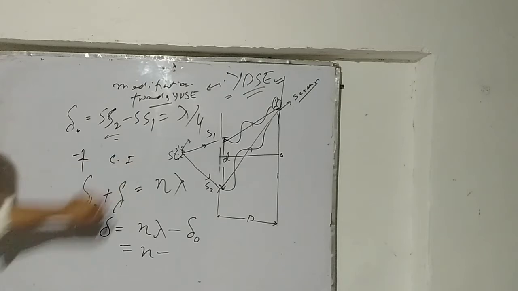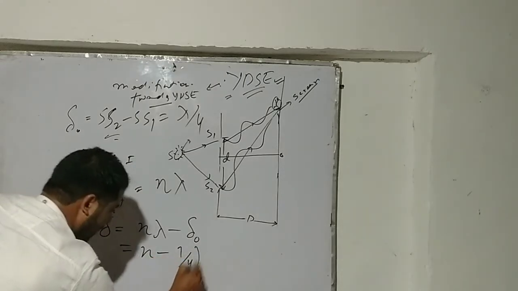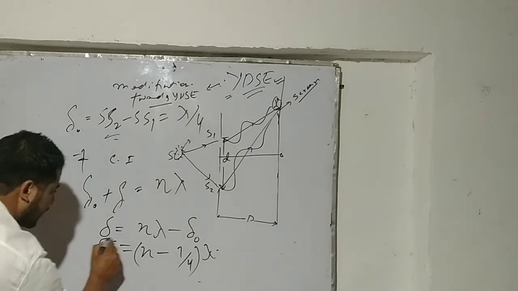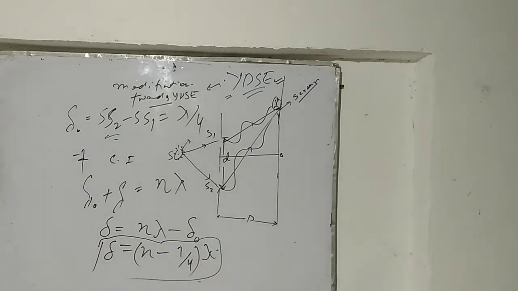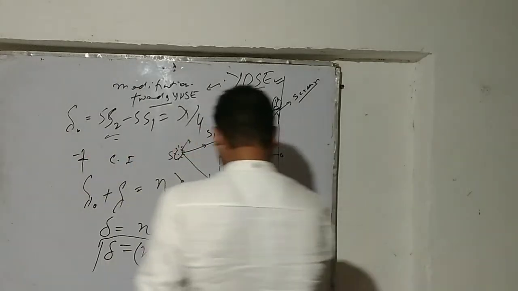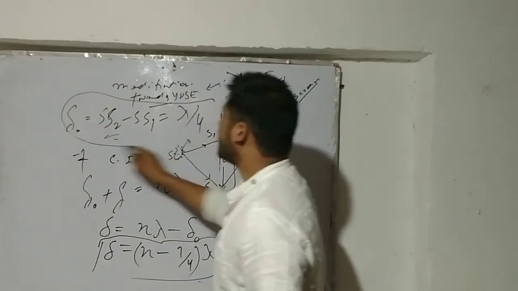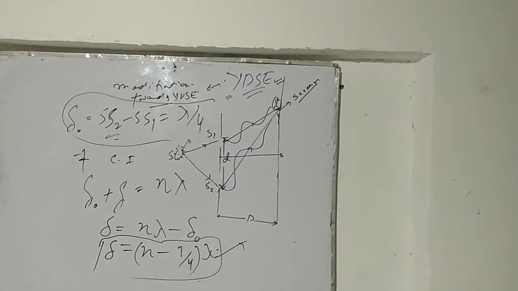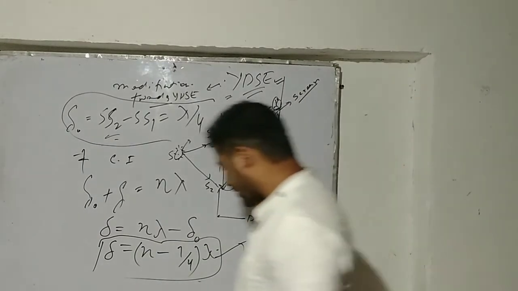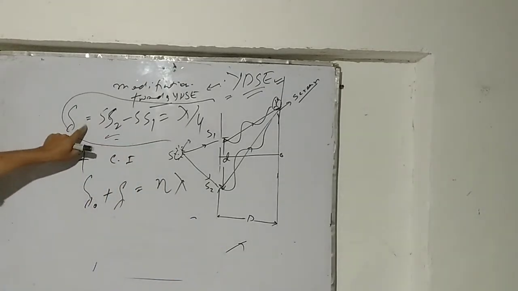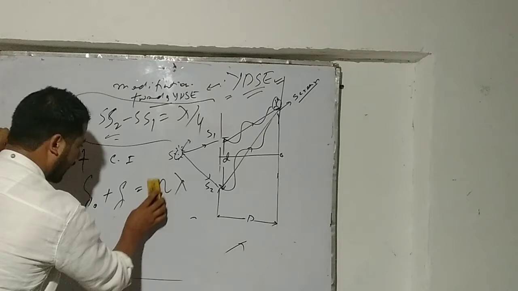If I put in the value after doing some maths, I will get this condition here, okay. Now I have the path difference delta, and this delta is met for the constructive interference, okay. This is the kind of modification that we got in the Young's double slit experiment, taking into consideration the initial path difference as well, okay. So likewise, if I look for the condition for the destructive interference, taking into account this initial path difference, for that I need to